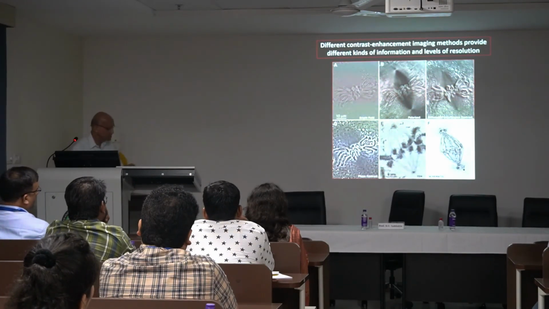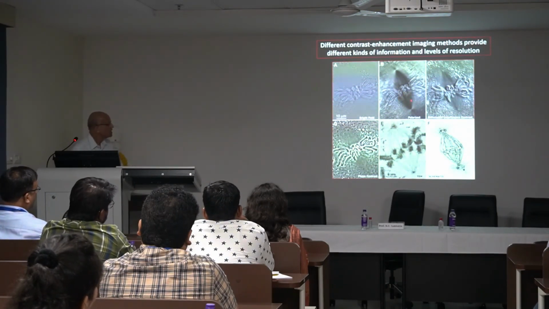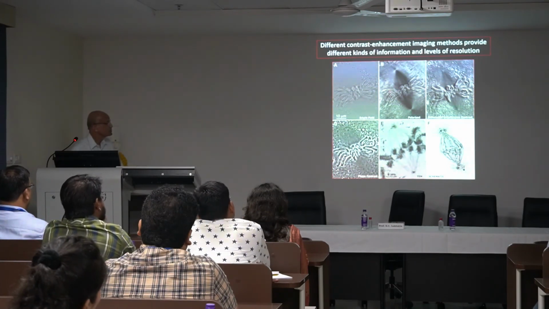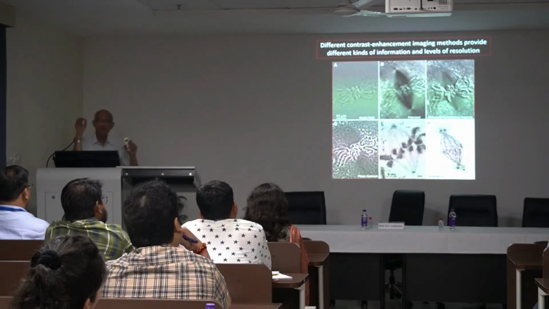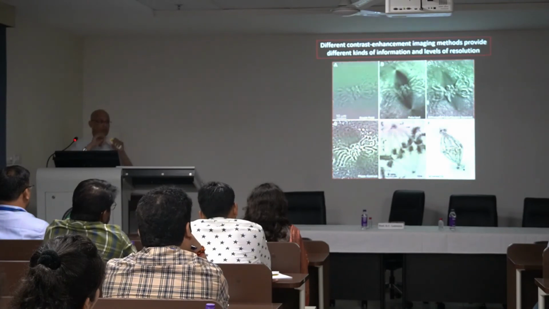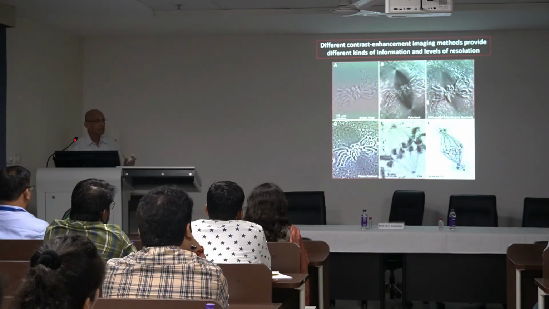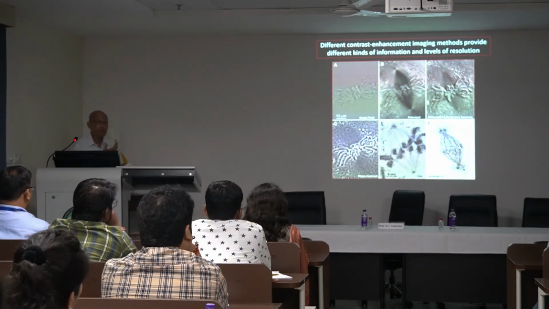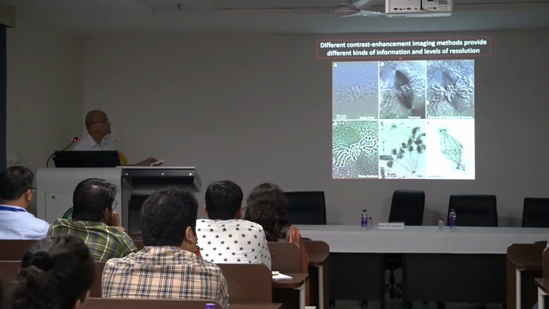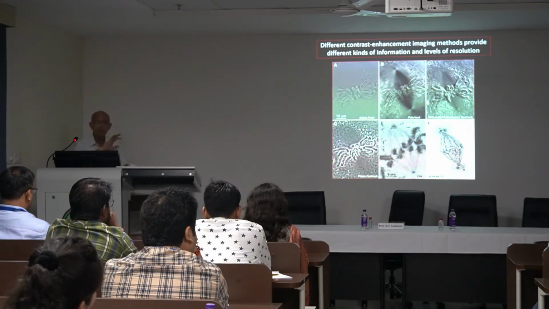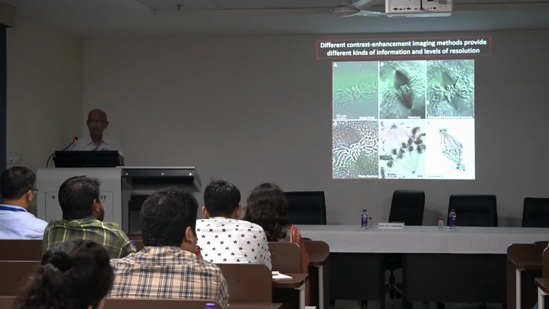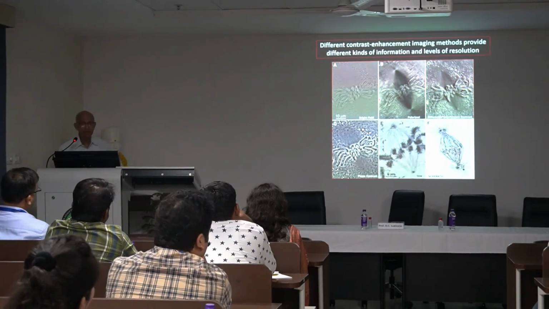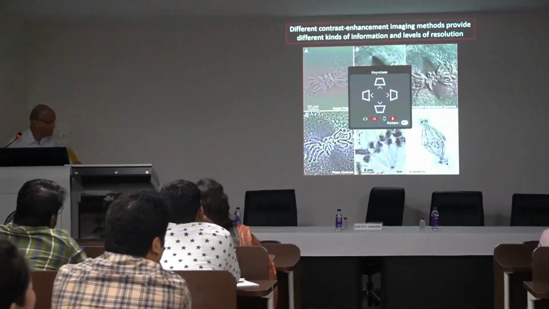For example, in this case, let's say this microtubule spindle is made up of microtubule fibers arranged in one particular direction. Therefore, in polarized light at a particular polarization, it will appear dark. But if you go to the reverse polarization, it will appear brighter. And that's what we call birefringence.